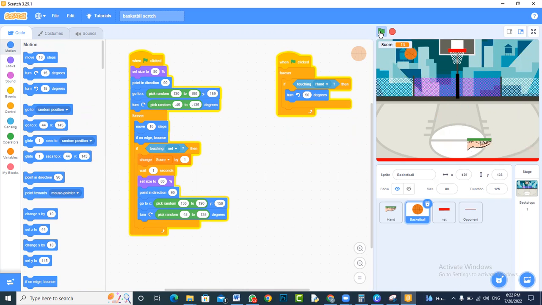There is a glitch also. If you do not touch it with the top part of it, it is going to keep rotating inside your hand. Something like that. Let me show you once. See, we did not touch it with the top, so this is happening. So in order to